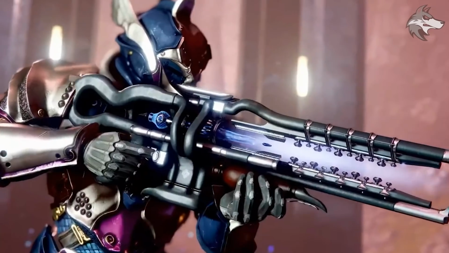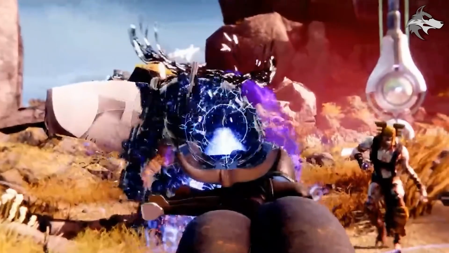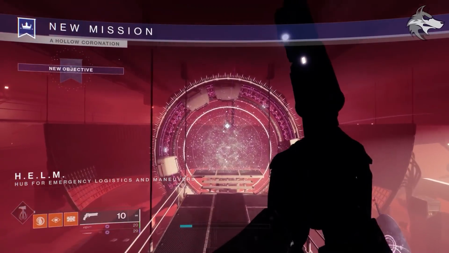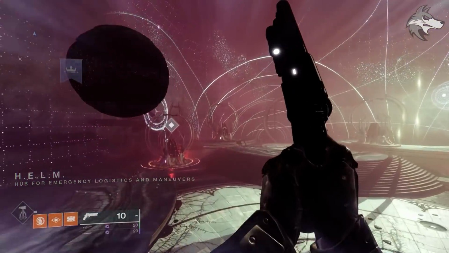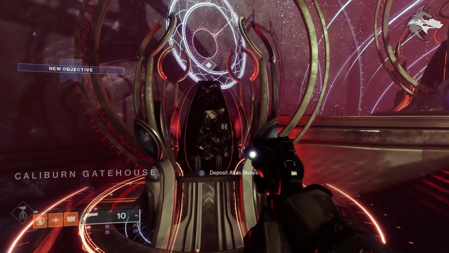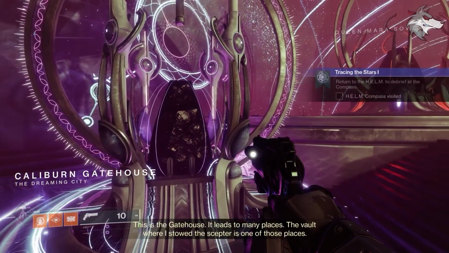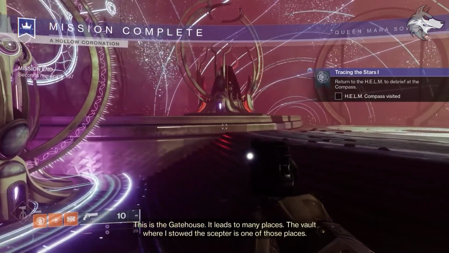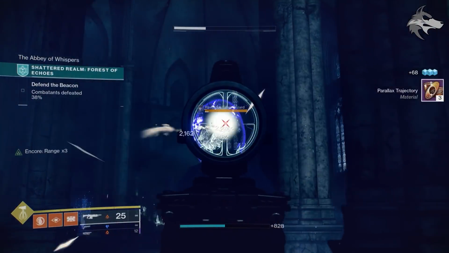Up next though, let's speak a little bit about the exotic quest for the season, and we now have a logical idea of when it may be available. So at the moment, to kick things off, we're completing rounds of Tracing the Stars quests, and these are upgrading the Caliburn Gatehouse. This week, we deposited Atlas SKUs into one of the 4 terminals, and Mara teased that one of these 4 will lead to the vault where Aegis Scepter is hidden, and we have done that first one this week, so by the time we unlock the 4th, according to that we should have gained access to